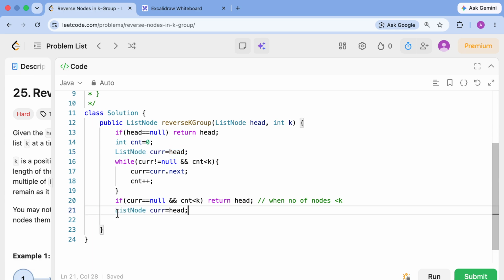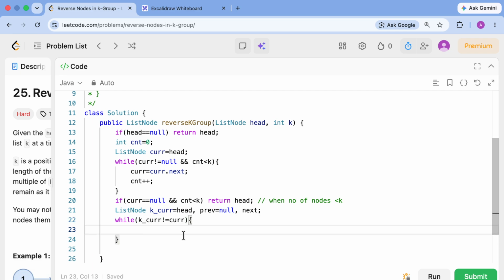We define prev, let me name it as prev, and curr pointing to the head, and I am applying the iterative approach of reversing the linked list. So I'm taking another variable next, while curr is not equal to the